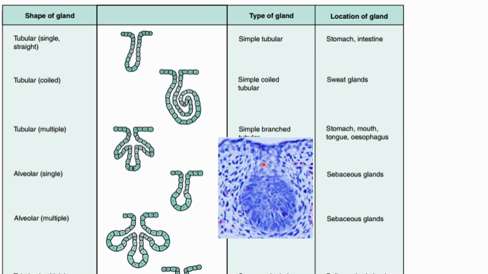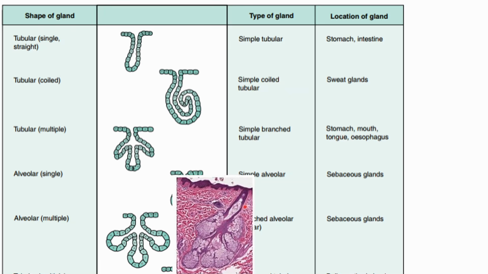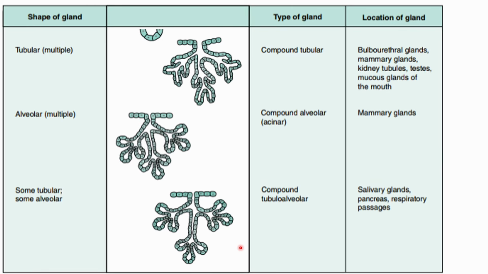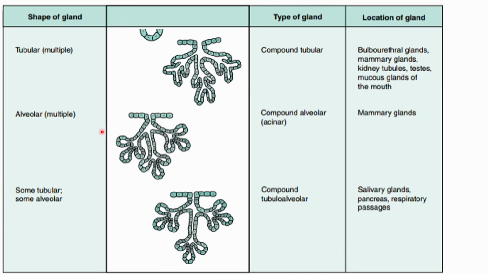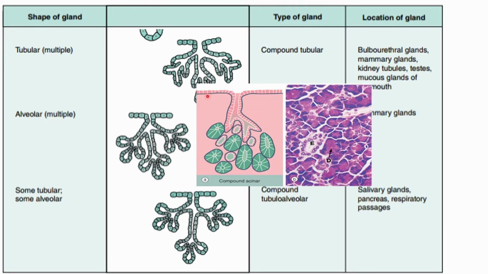Simple alveolar gland. If it is unbranched, usually you don't have to indicate that it's unbranched, but if you want to, it's okay as well. Okay? Here is a simple branched alveolar shape. And then the more complicated it gets, you will have your compound duct system and tubular shaped secretory units. Then you would have your compound duct system.